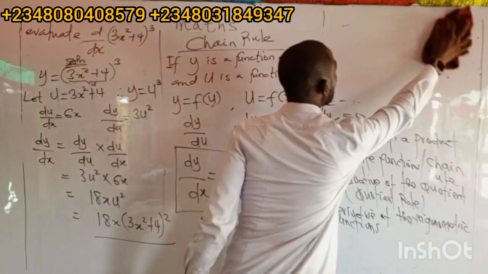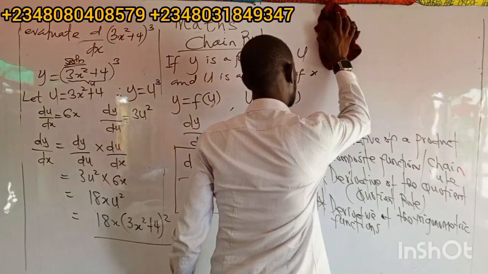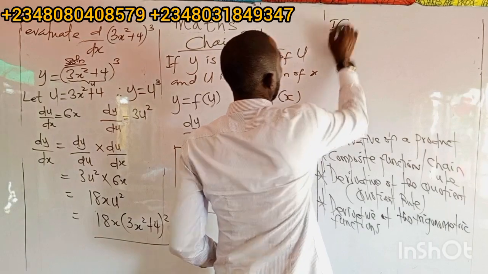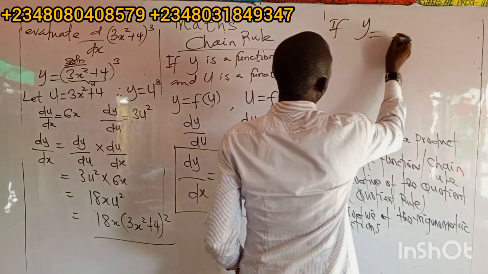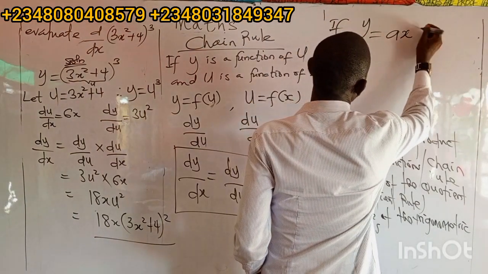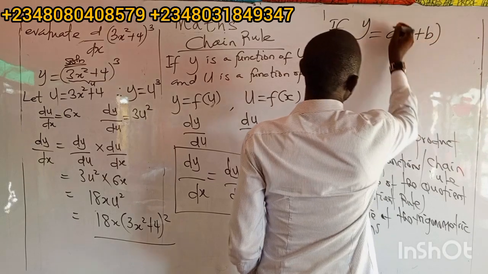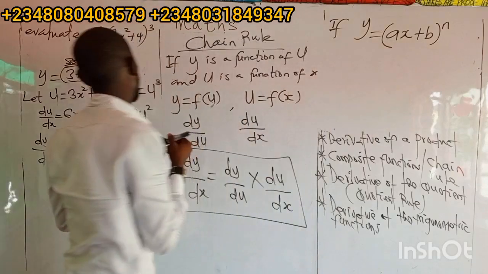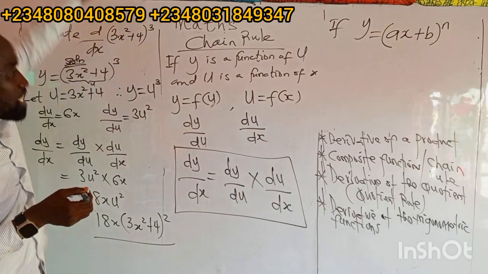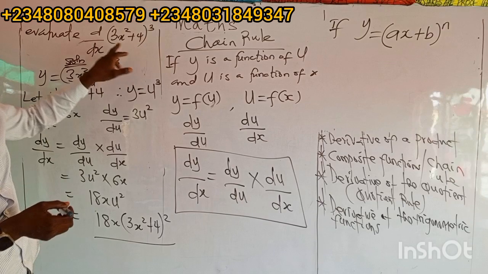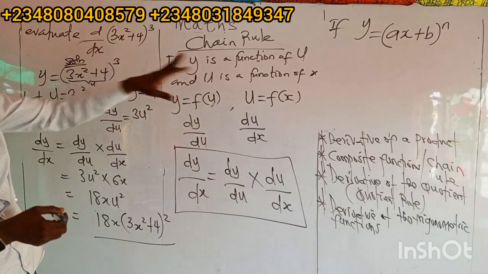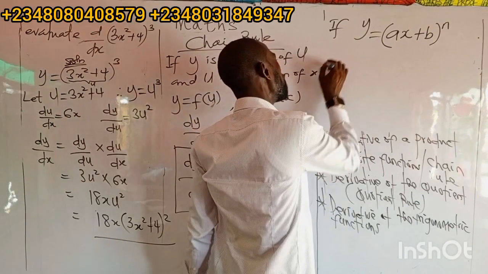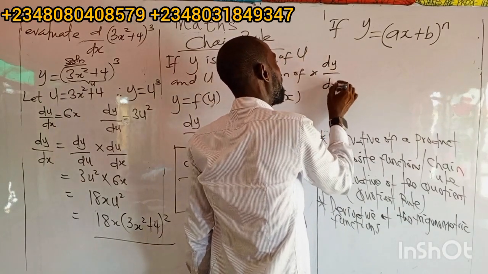Keep this formula handy. If y equals (ax plus b) raised to power n, you see it's similar to what we have here: something in the bracket raised to a power. So n is 3, and 3x squared plus 4 is just something like ax plus b. The rule says our dy/dx